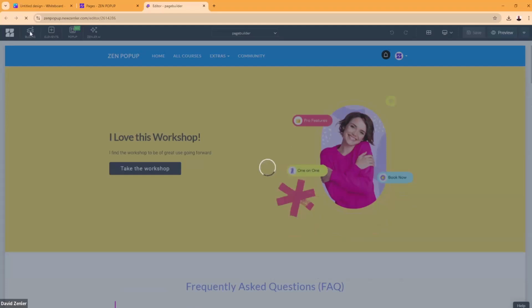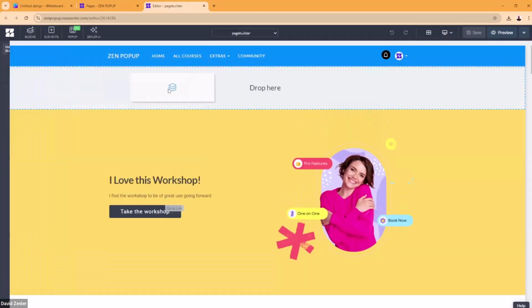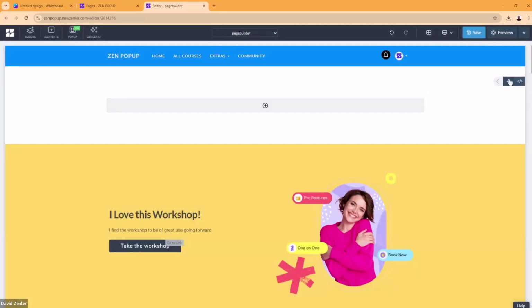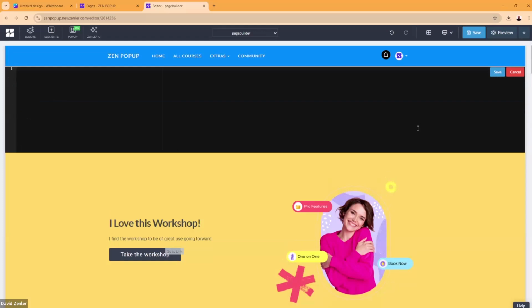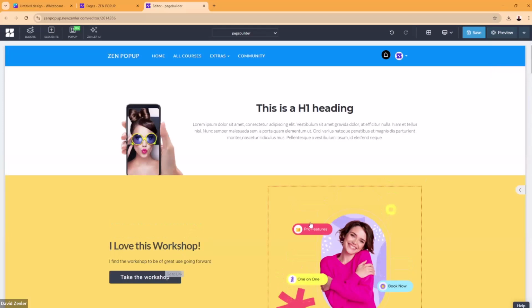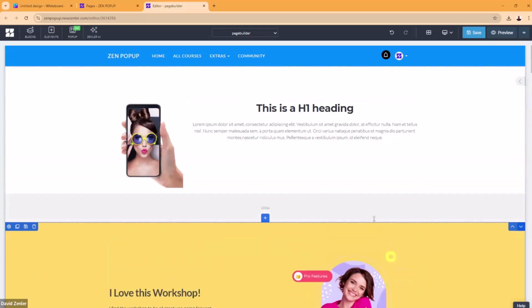So let's let that load, and once that's loaded, I can drag in an empty block. Okay, so empty block, drag it in there, got an empty block in there, going to open up the little tab at the side, click that, press Control A to select all, delete it all out, press Control V to paste that code in from the block, and click save, and there you go, you've got it. If it doesn't alter, you just click once and it just goes to the right place. So that's a really good way for you free users to get that.